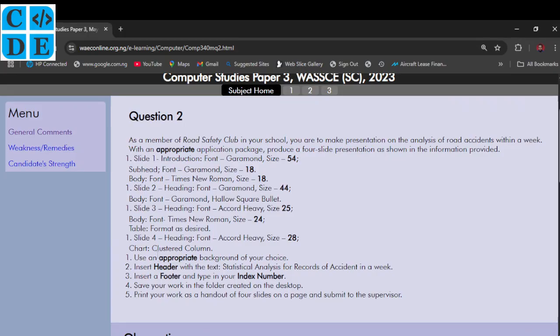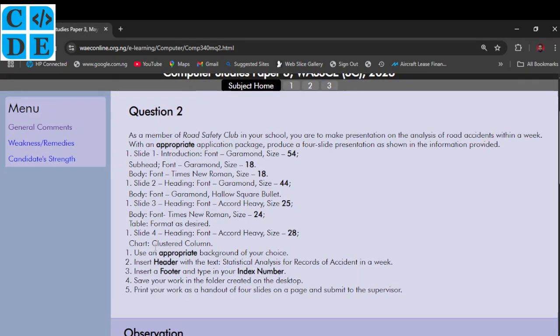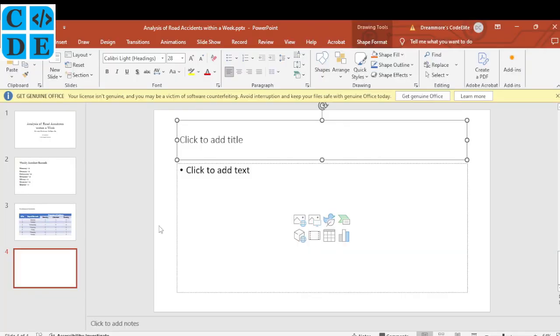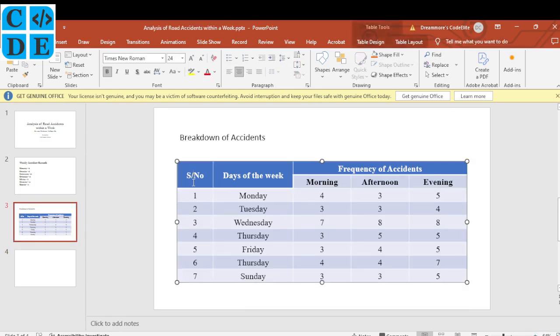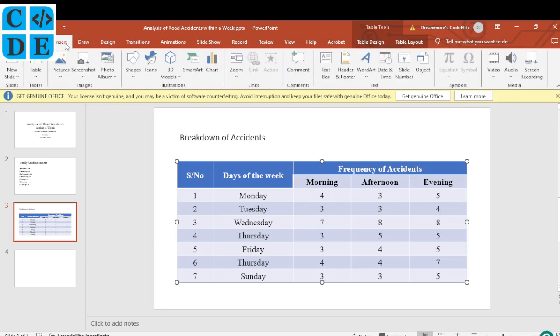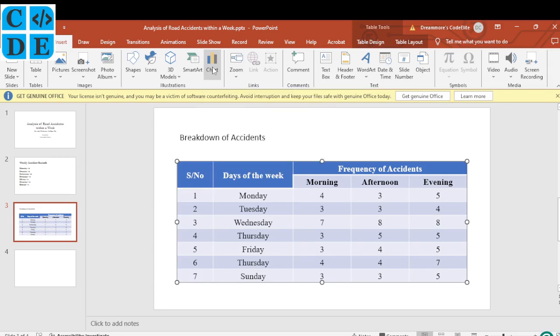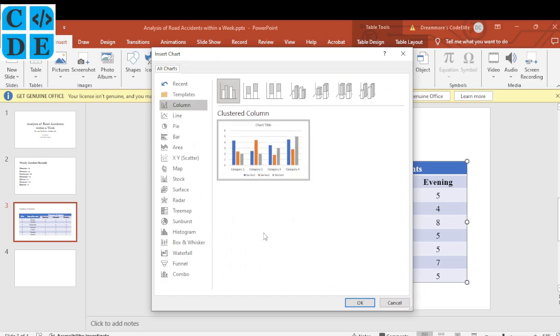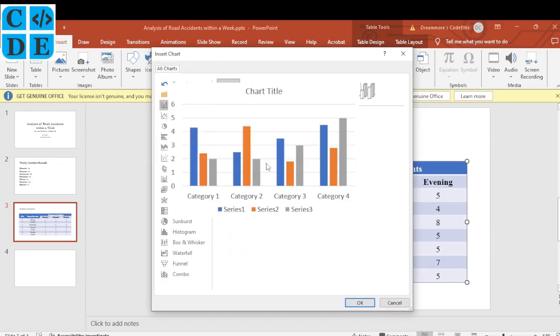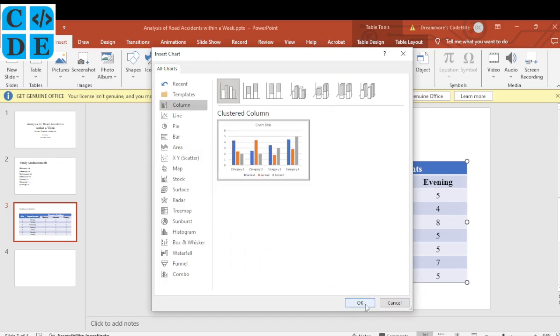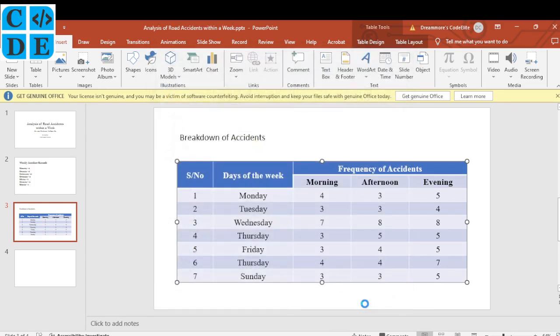So the next thing we need to do is insert a chart here. We need to insert a clustered chart. From my experience, it is best to insert charts with Microsoft Excel. You can actually do it with PowerPoint, but it usually doesn't come out well. Let me just show you exactly what I mean. So this is what they want us to use, clustered column. So if I click this and I do OK,